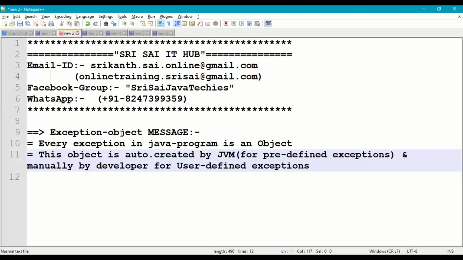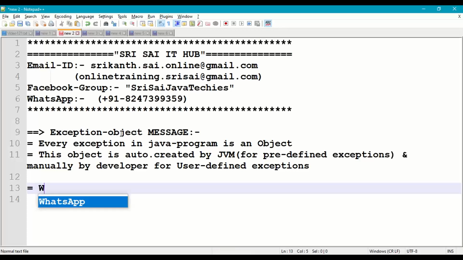Now coming to exceptions, we have predefined exceptions and user defined exceptions. For all these exceptions, exception object is created when exception occurs.